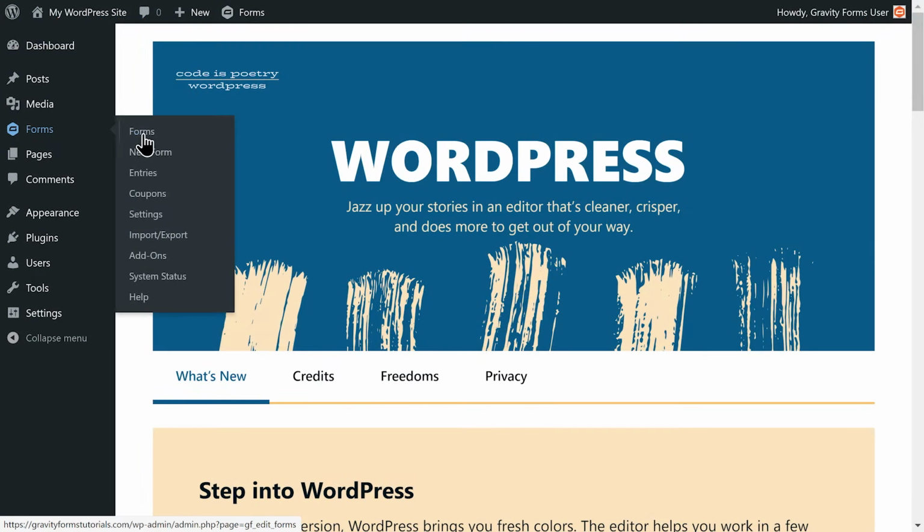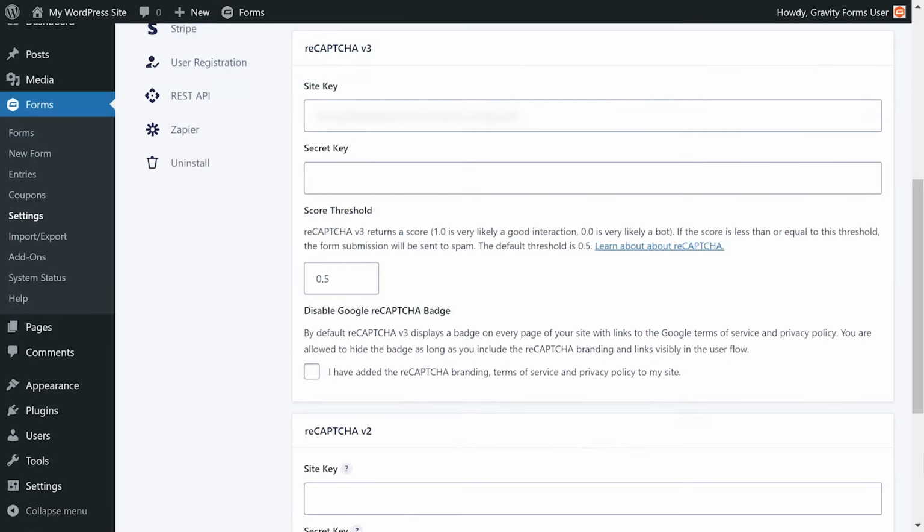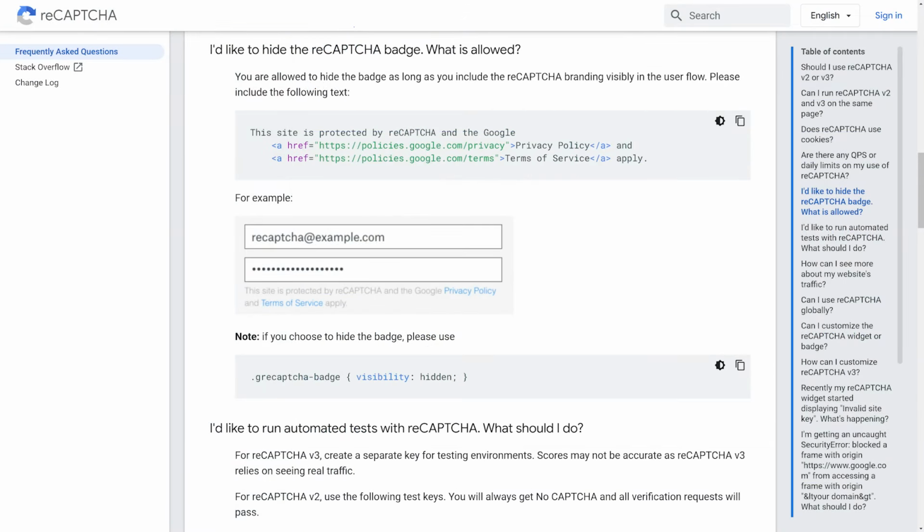From the WordPress admin dashboard, navigate to the Forms menu and click Settings. Under the reCAPTCHA settings, enter your site key and secret key in the reCAPTCHA v3 field. You can set your score threshold and whether or not you want to display the Google reCAPTCHA badge on your site. If you choose not to display the badge, be sure that your site meets Google's terms and conditions for